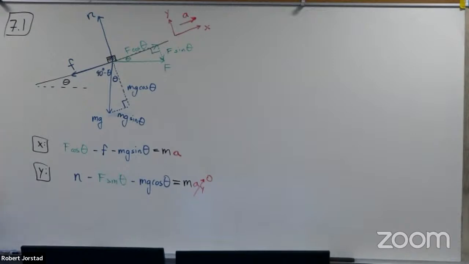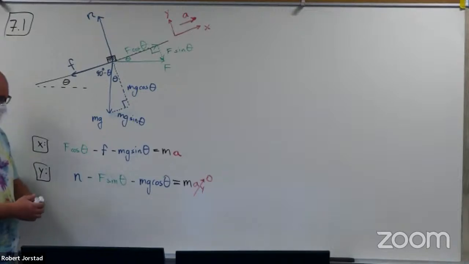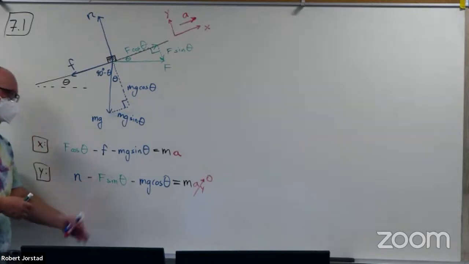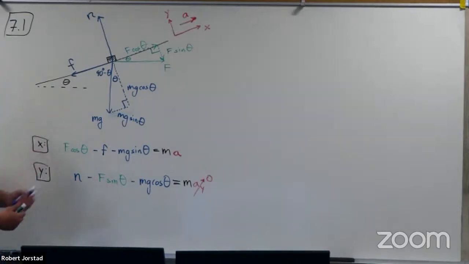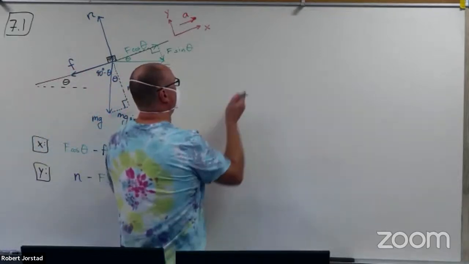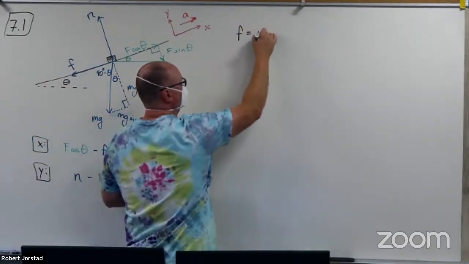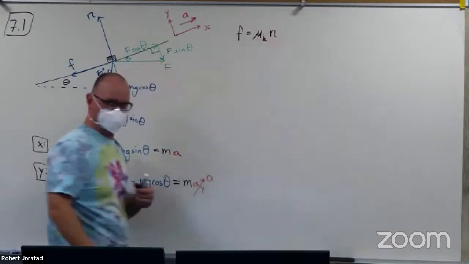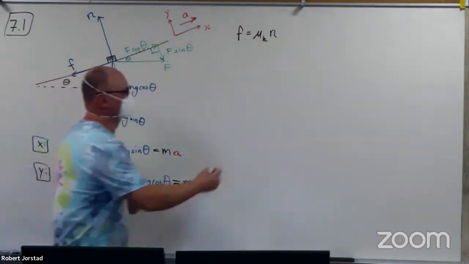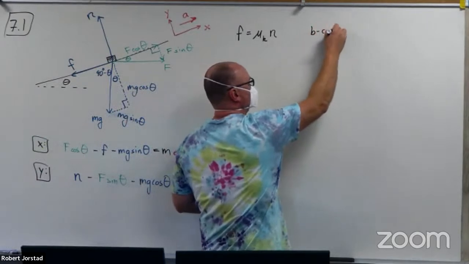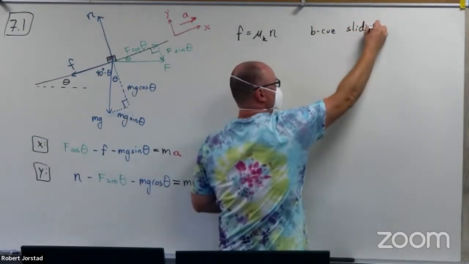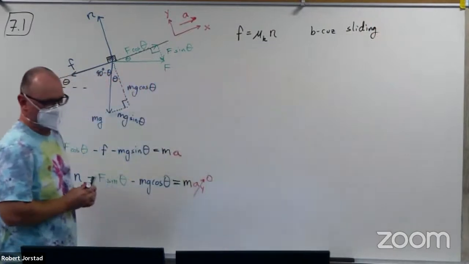What frictional condition applies? Do I use F equals mu static N, F equals mu kinetic N, F less than mu static N? Kinetic, right, because it's actually sliding. Nice job. So I know that the friction is equal to mu kinetic times the normal force for this problem. Because sliding, right? All right, nice. I think we've done